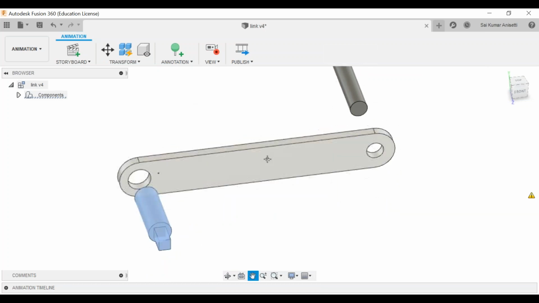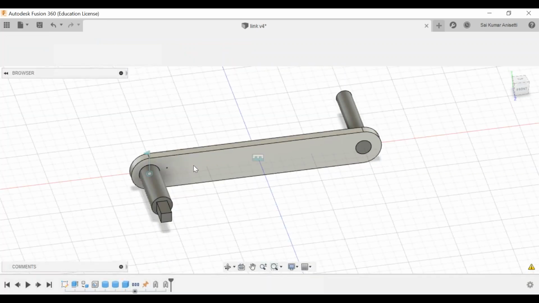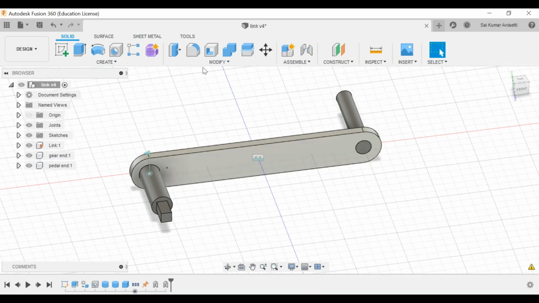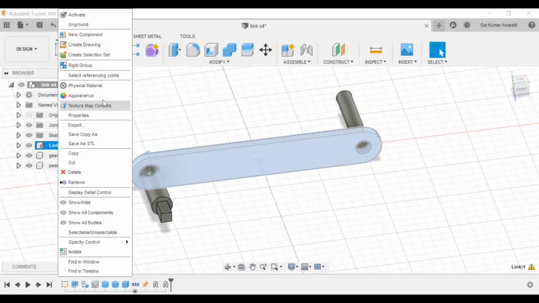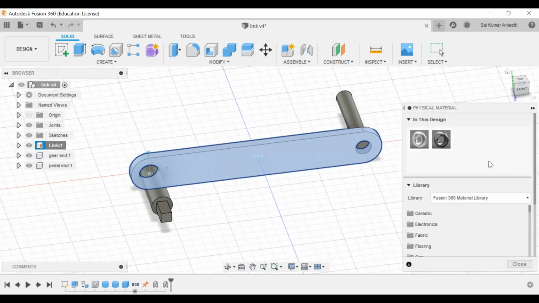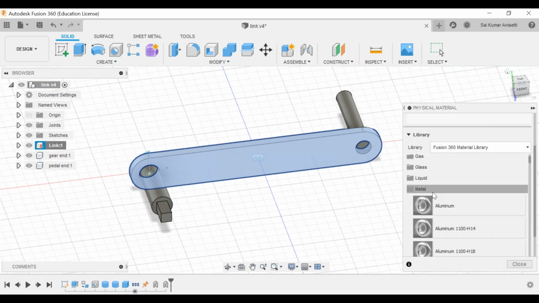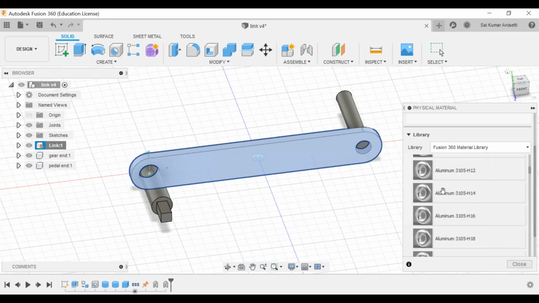Now what I need to do is I'll go to design, and let me give a material to these things. For this link, go to properties, physical material. So I'll just change my material. Go to fabric or liquids or metal, aluminium.